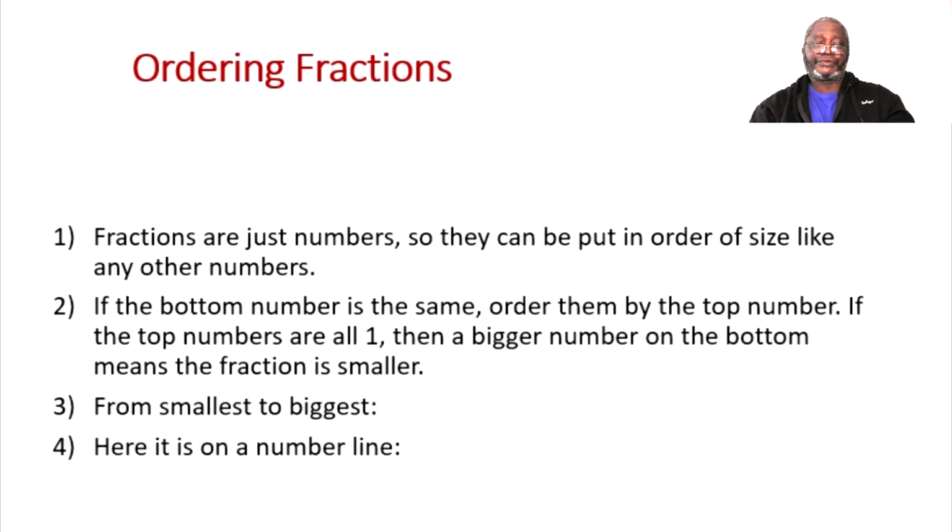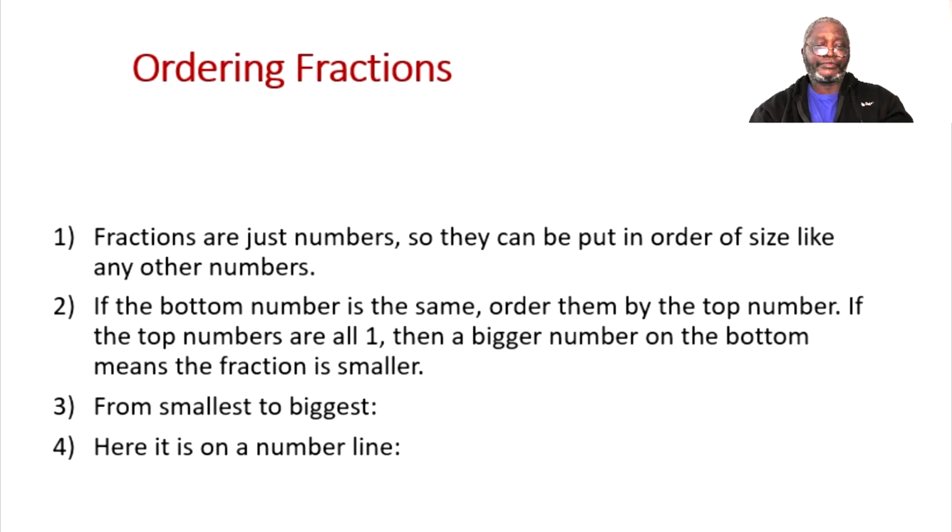Ordering fractions. Fractions are just numbers, so they can be put in order of size like any other number. You just need to know how. If the bottom number is the same, order them by the top number. If the top numbers are all 1, then a bigger number on the bottom means that the fraction is smaller, because it means you divide the stuff into too many parts. And then from smallest to biggest,